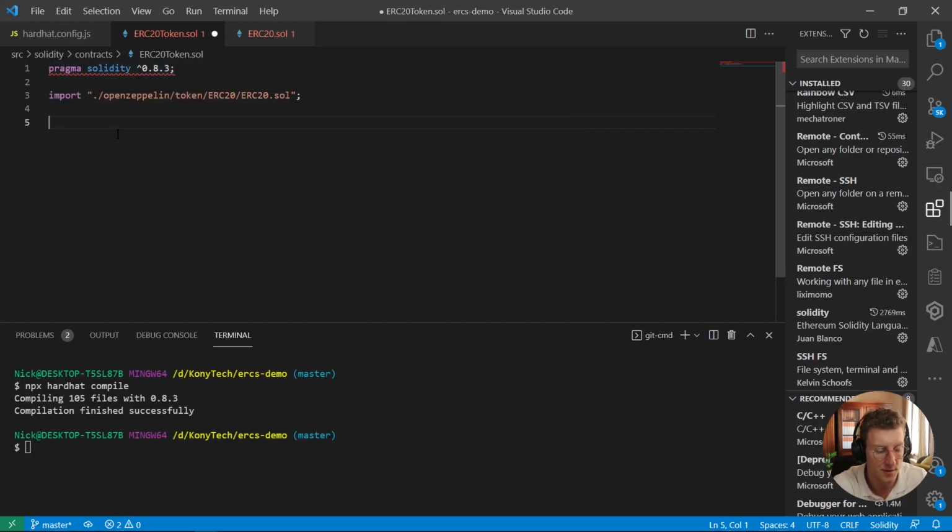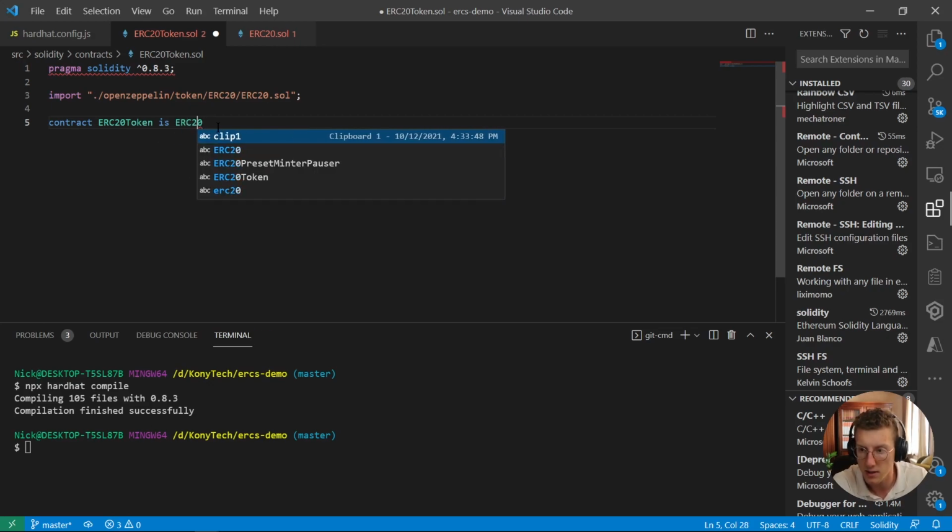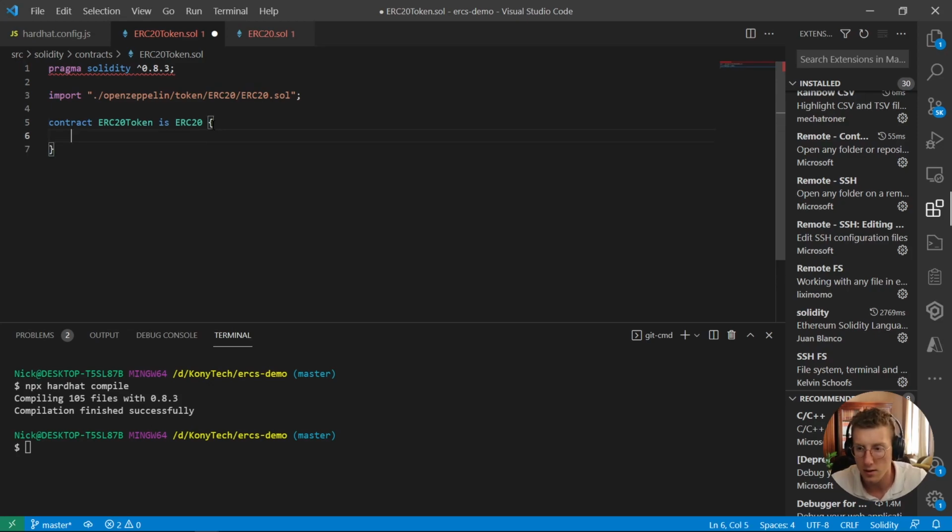Okay, so we're going to define our contract. I'm going to say contract ERC20Token is ERC20. It means that my contract inherits from the ERC20 token, which is the implementation of OpenZeppelin. Great. And then I'm going to define a constructor,